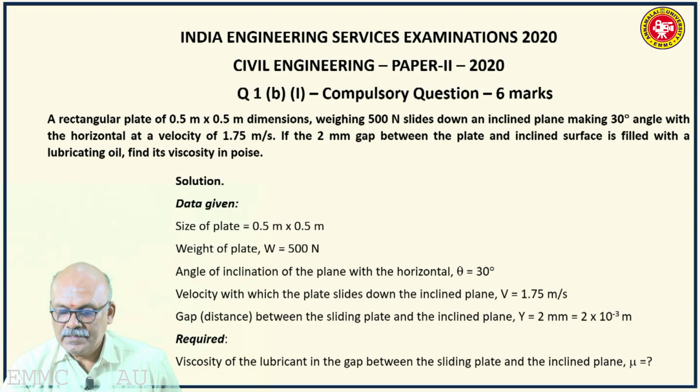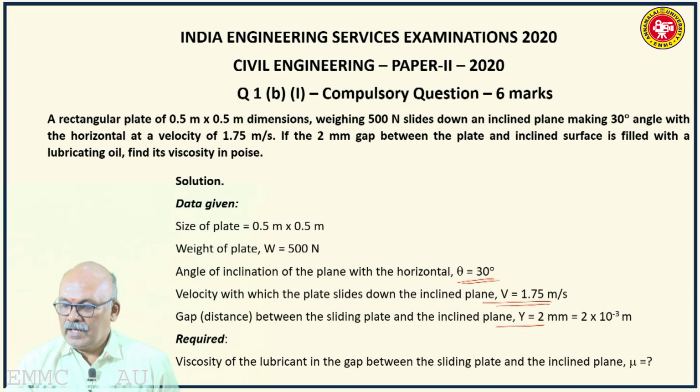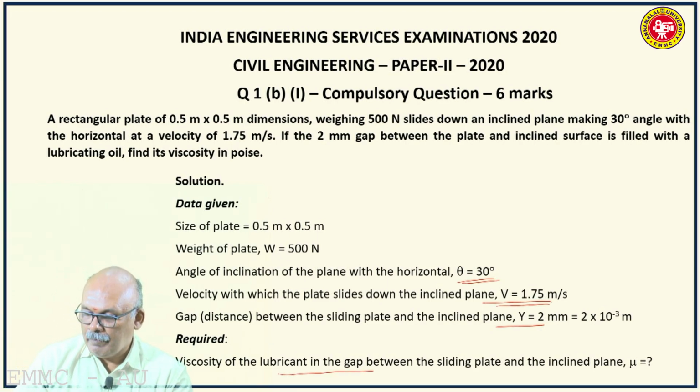The size of the plate is a square 0.5 meter by 0.5 meter. Weight of the plate is given. Angle of inclination of the plane with the horizontal is given, theta, that is 30 degrees. The velocity with which the plate slides down the inclined plane is given. The gap between the sliding plate and the inclined plane is given, 2 millimeters. You are asked to find out the viscosity of the lubricant that is in the gap between the sliding plate